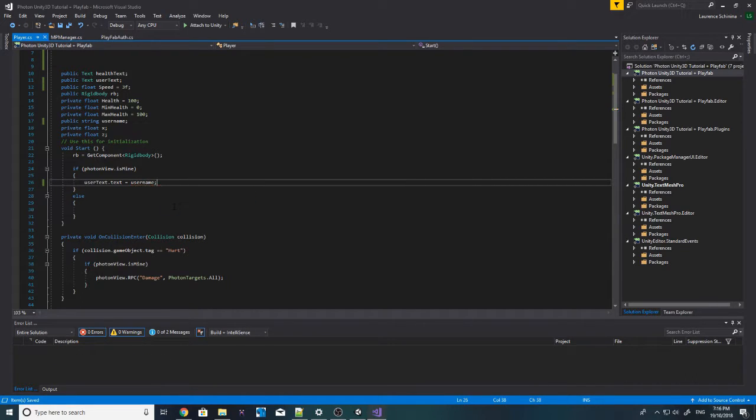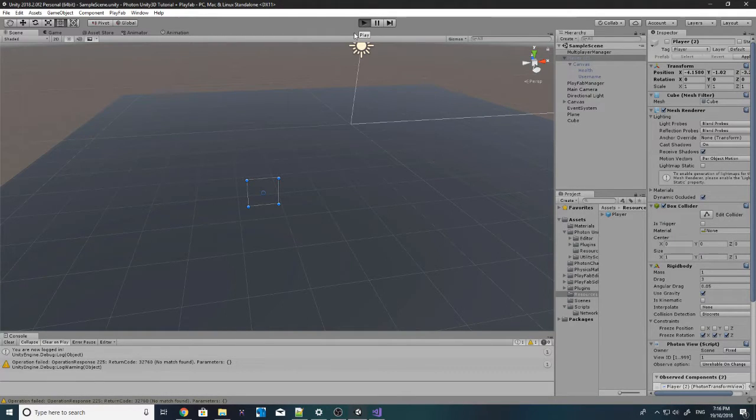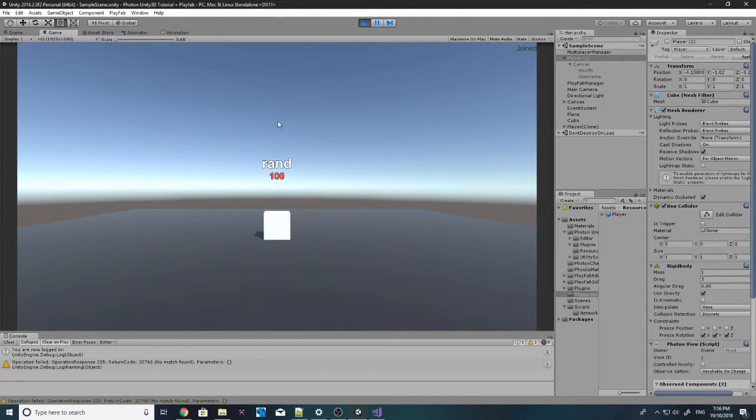There we go. Okay, so that should work now. So rand, log in, join create, rand. Okay,